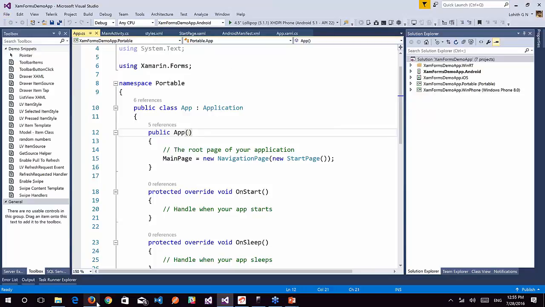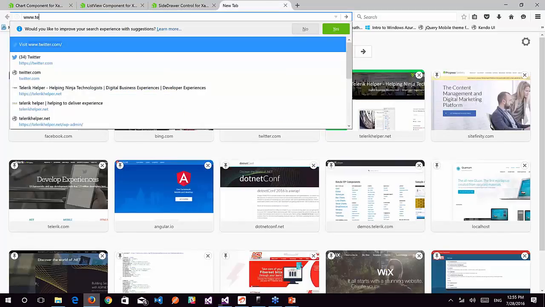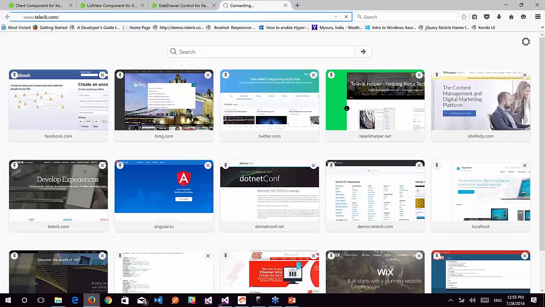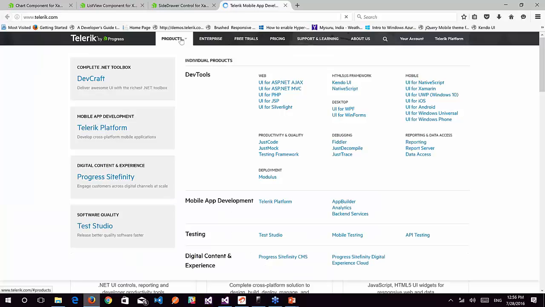So before that, if you go to www.telerik.com, and here we are. This is telerik.com, so it's loading on your page now. Okay, there we go. So on the top there is a products drop down. If you click on that, we have a bunch of mobile solutions, right? This is the section that's available for mobility. We have our own cross-platform application technology or runtime, we call it